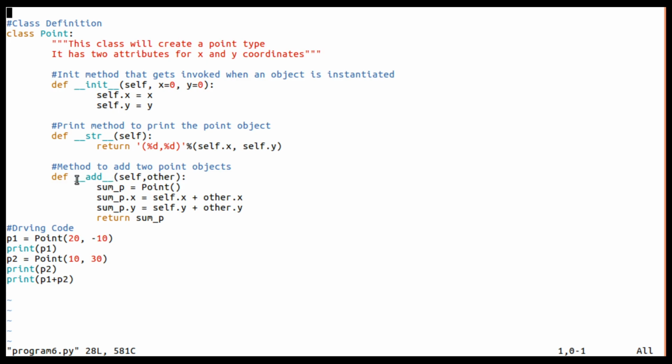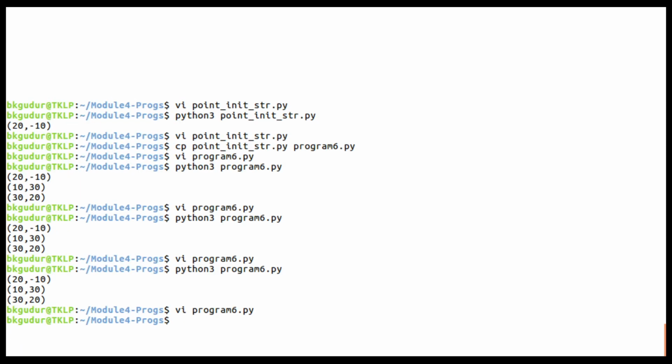I am going to supply that list later, with a link in the description, listing all the overloaded operators and the names of those methods. Hope this is clear to all of you. With this I'll proceed further to the next program.